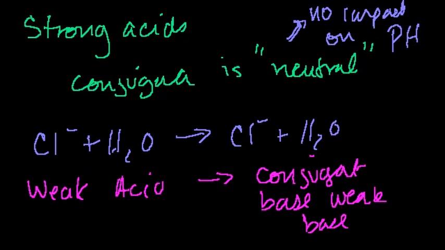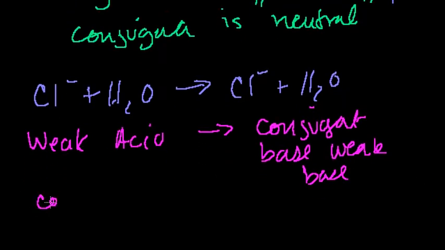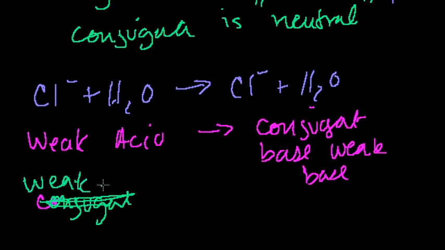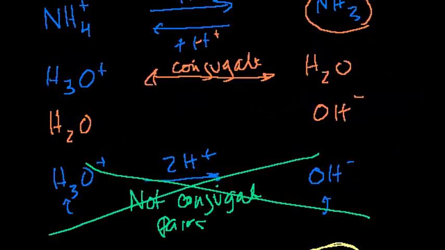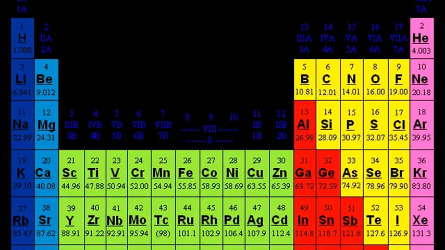And you could make this statement the other way around. If you have a conjugate base, a weak base, its conjugate acid is going to be a weak acid. So hopefully you get the idea here. It's actually not that fancy of an idea. It's just that if you have an acid, its conjugate base is just that acid minus a hydrogen. If you have a base, its conjugate acid is just that thing plus a hydrogen. Actually, let me just do a bunch of problems here